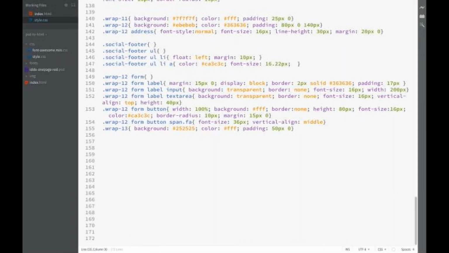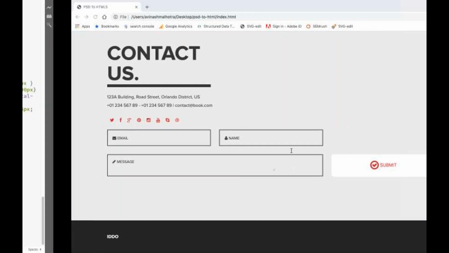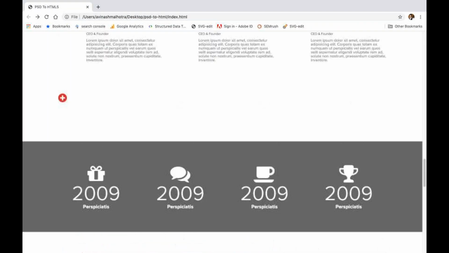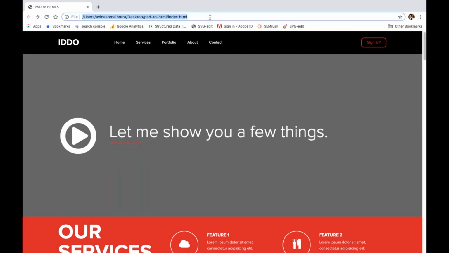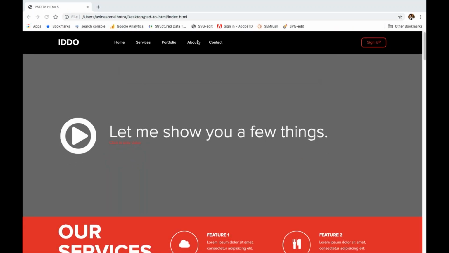Okay, this is the color and its text align should be center, so it will come to the center. Now copy your code and check on other browsers like